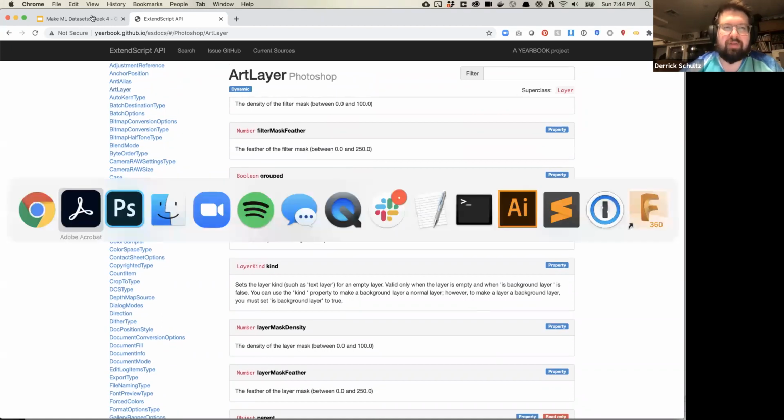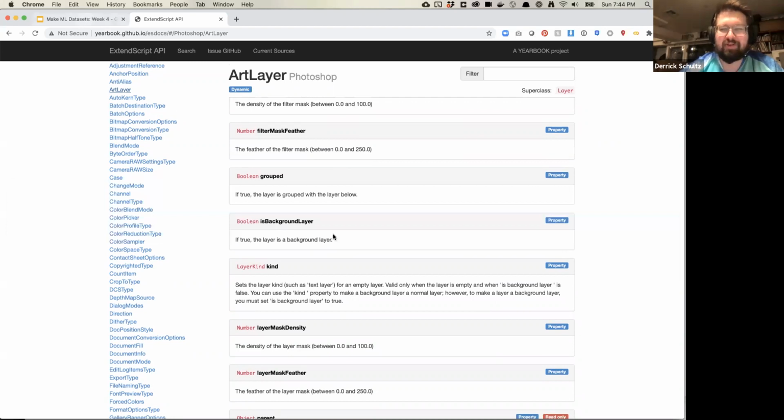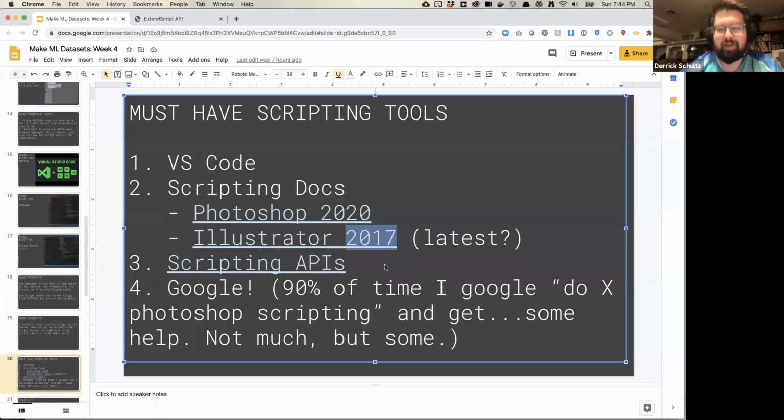One of the things I found is that the latest version of Illustrator documentation that Adobe has available on their website is Illustrator 2017. This is the challenge of working with Adobe scripting: they're kind of slow. Again, this is not a product that many people are using, so they do not prioritize this work. I've yet to find something later than Illustrator 2017. Most of the stuff I want to use works in there. They usually add maybe a couple commands per new release, so it's generally fine.